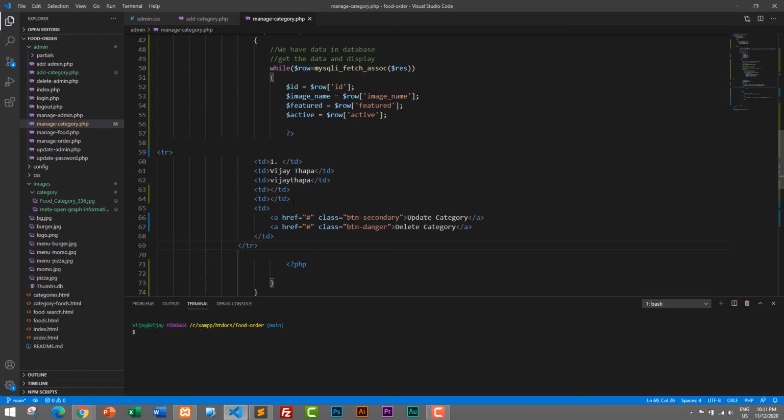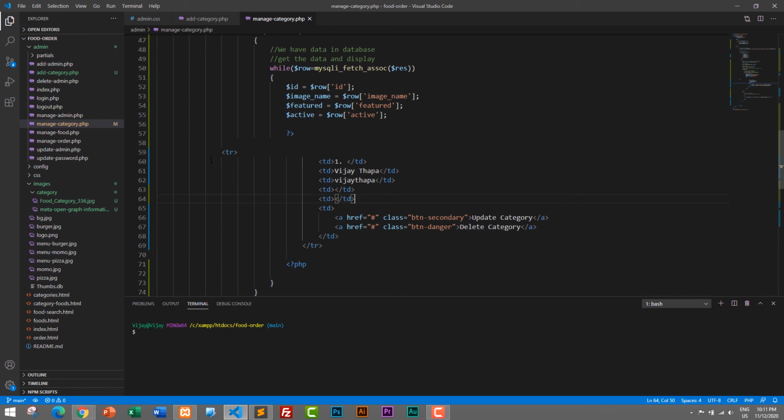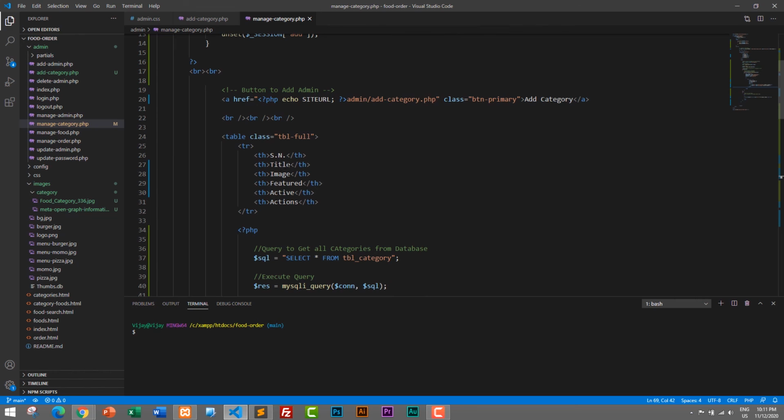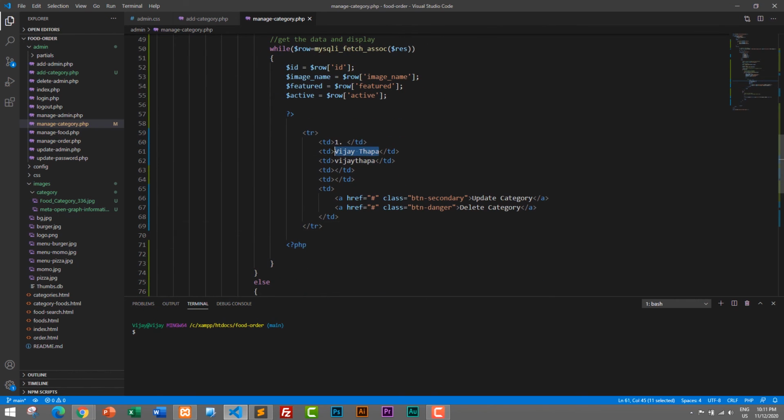Okay, and we need to align them perfectly, and I will push it inside. So that's it. So our first one is the serial number, so this is SN, and the second one is title. So here I will display the title,